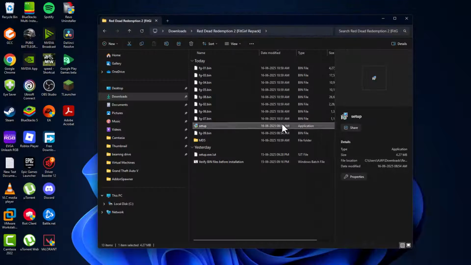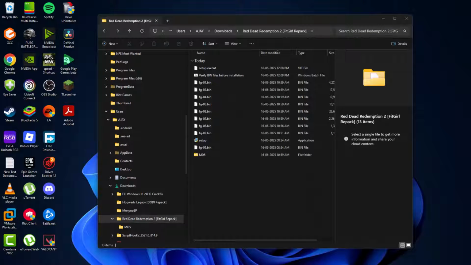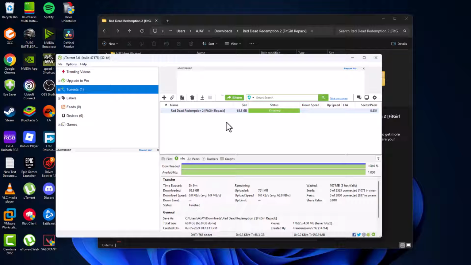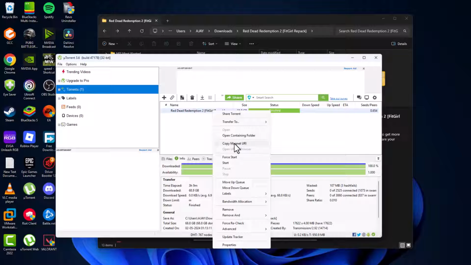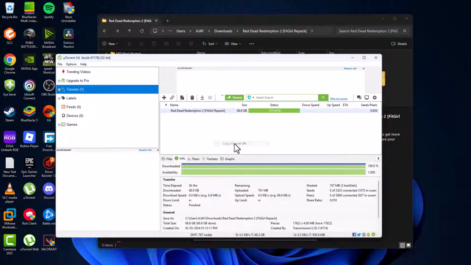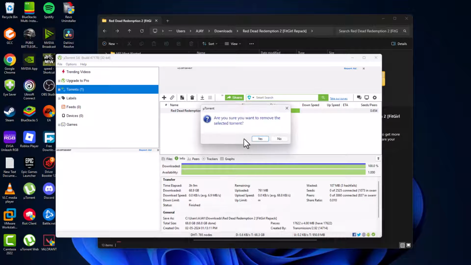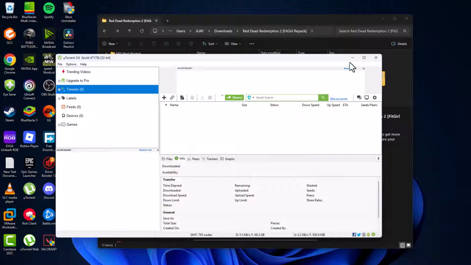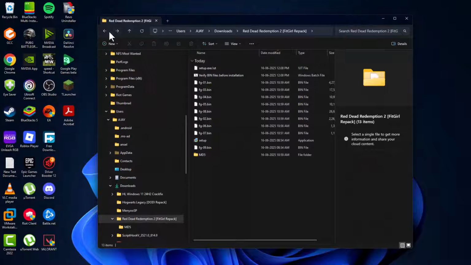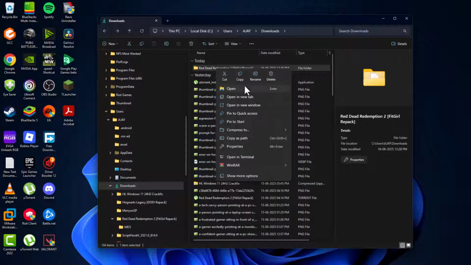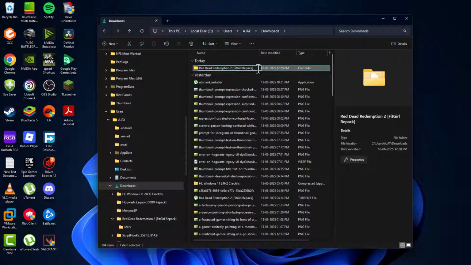Just minimize this page. And now we just need to go to the search menu and type torrent. Comes up your torrent, click on open it. You just need to right click on the game and select copy magnet URL. And then right click on the game and select remove option. Select yes and minimize this and go back to the game folder and right click on the game and select rename and change this name